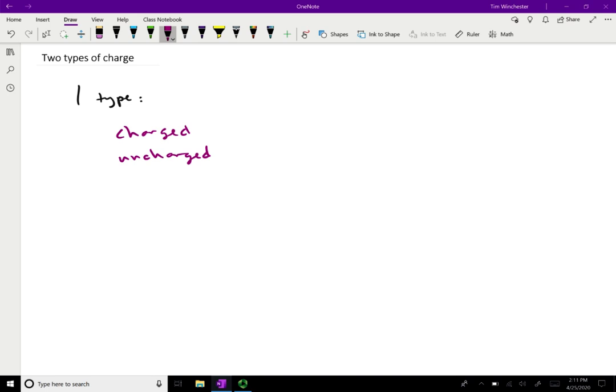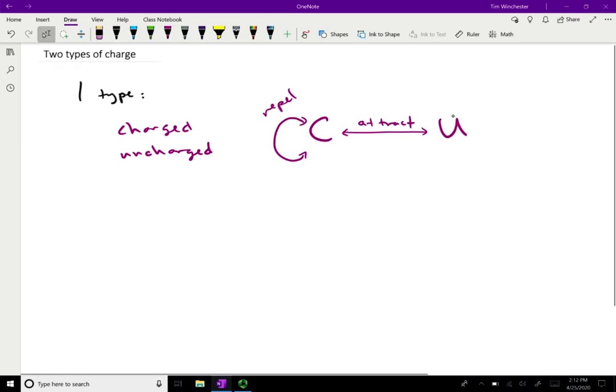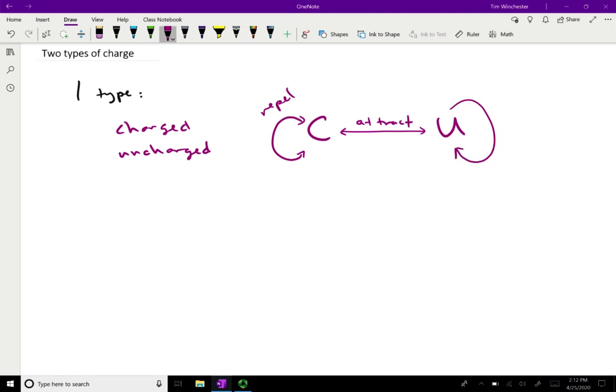A way that I want to think about this is, let's say we have charged objects and uncharged objects. Those are the two things we have. We observe that charged objects and uncharged objects attract. But if you produced two balloons and you rubbed both of the balloons on your hair, then you would find that those charged objects repel. So two charged objects repel each other, a charged object and an uncharged object attract, and an uncharged object will have no interaction